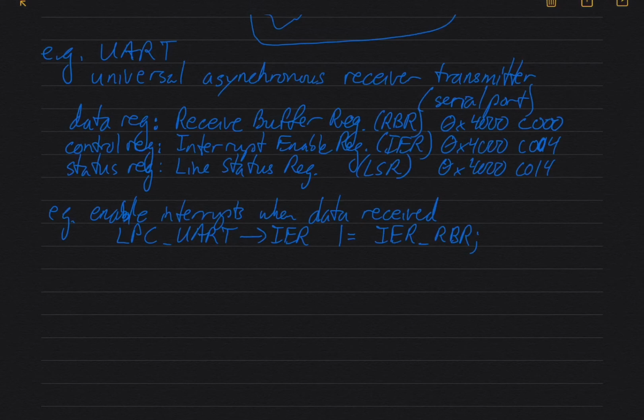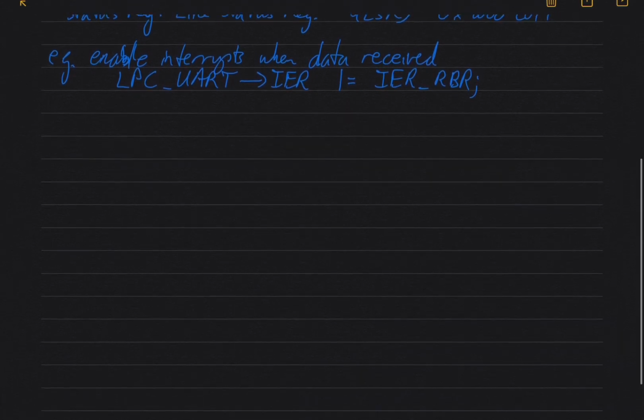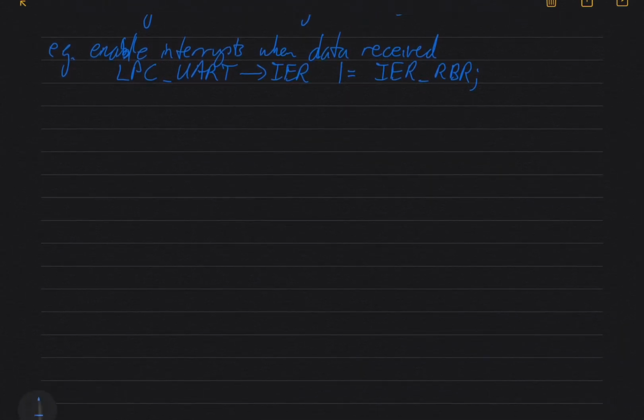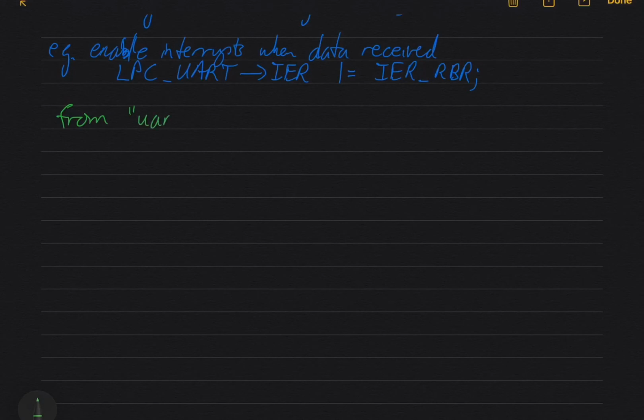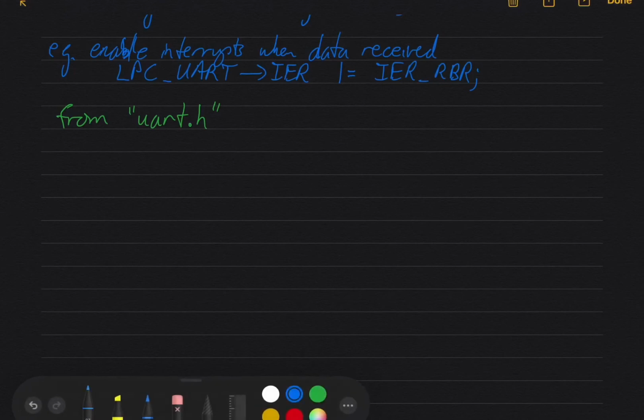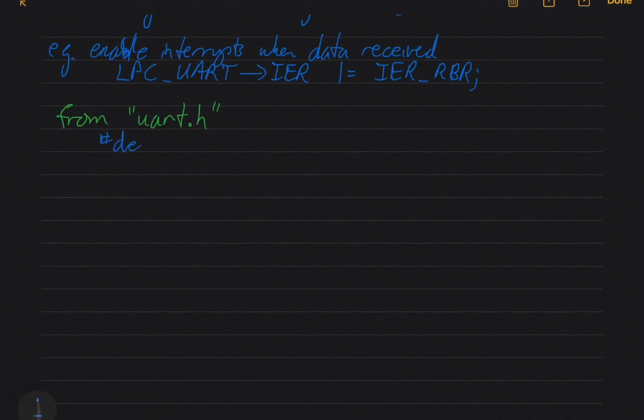So let's give you a few more details here so you can start to understand what's going on. So the next 3 lines are from uart.h, which is one of the files that you include when you do your projects for the labs. So in that file, if you open it up and look, there is a line which is pound defined. When you see the pound, it's a preprocessor directive, and it's saying define this macro